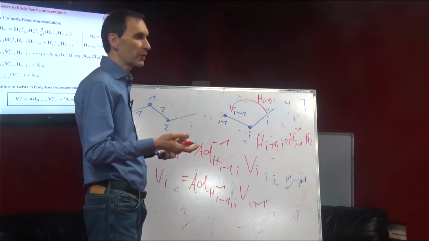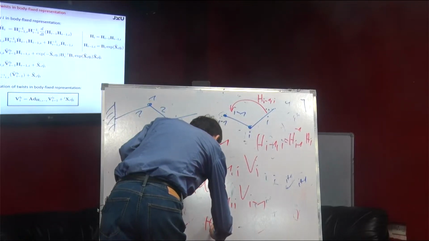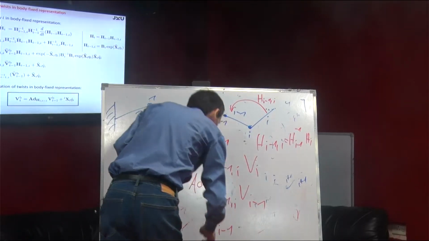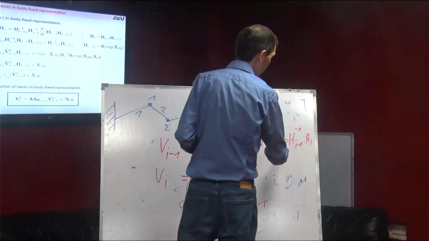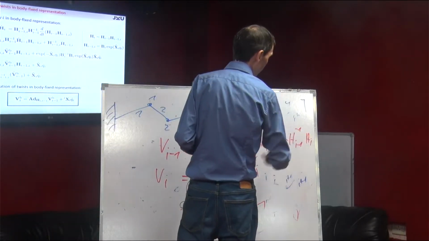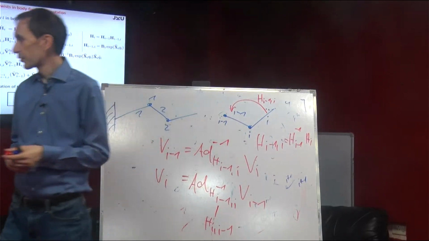It's the inverse transformation. So this one is actually just HI minus 1, right? It just goes the other way around. And you get it from here by saying, okay, this is the inverse of HI minus 1. And there we go. And this is what you have here. So this is essentially